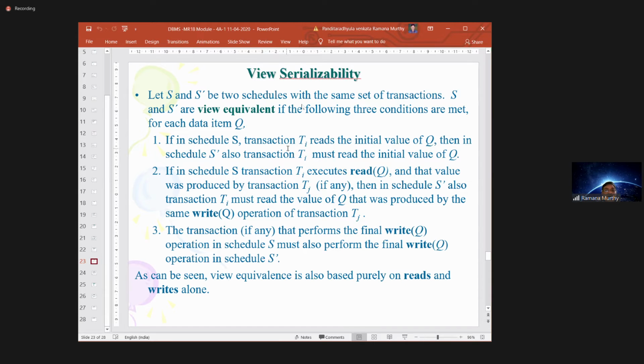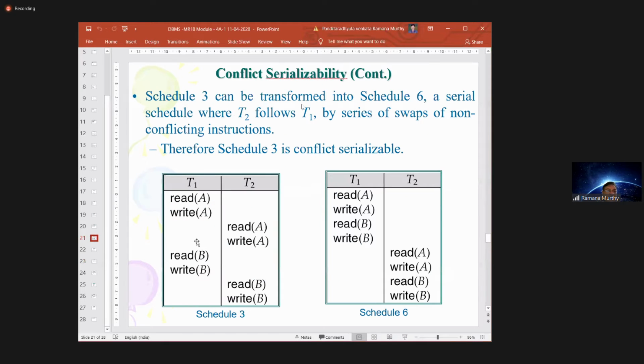If the transaction Ti reads the initial value of Q in schedule S, and both schedules have Ti and Tj, then in schedule S bar as well,